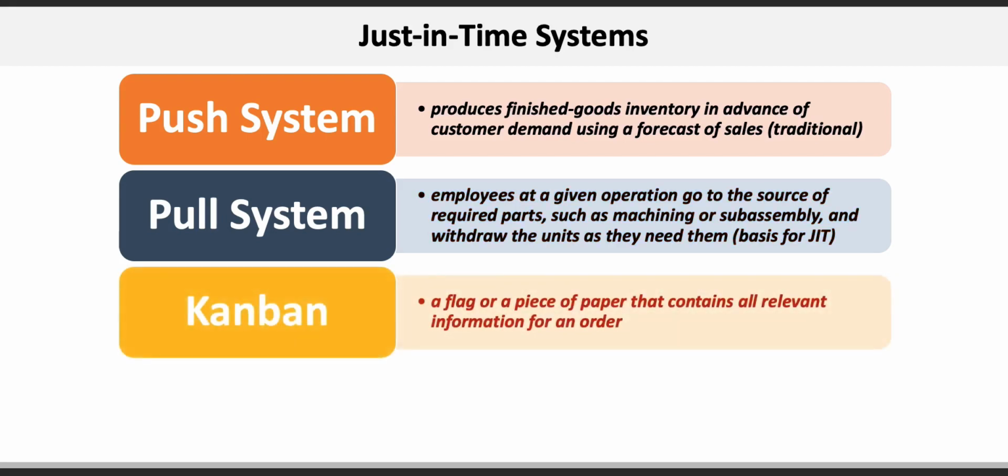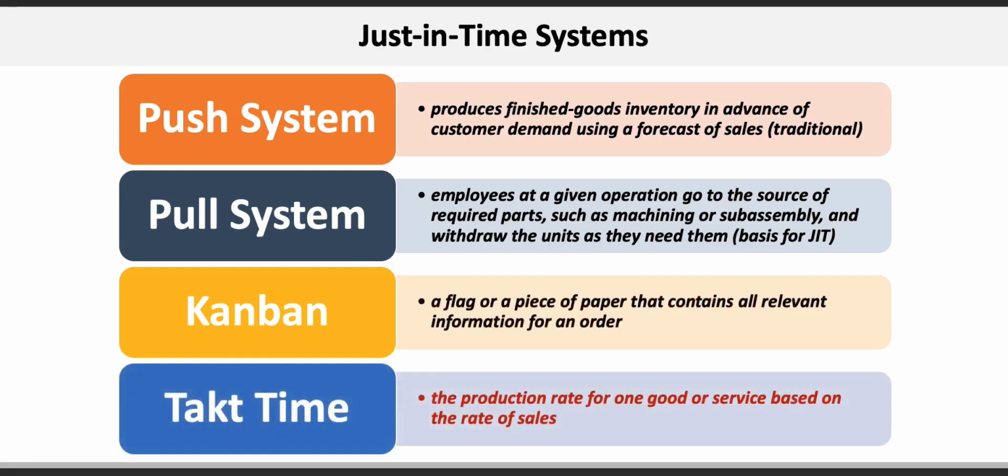Many just-in-time systems rely on something called a Kanban. A Kanban is a flag or piece of paper that contains all the relevant information for an order that can include part number, description, process area, time of delivery, quantity, etc. The Kanban system is similar to a bin system where an empty bin or Kanban triggers the replacement from all supporting activities. For example, an order from a customer creates an empty bin to be filled by a product which may come from a warehouse. Once the warehouse bin is empty, that triggers fulfillment from production, and so forth, backwards through the production process and through various workstations. JIT systems produce according to the rate of sales.